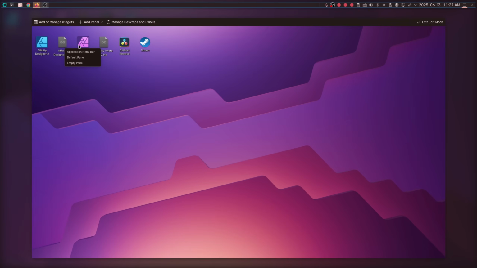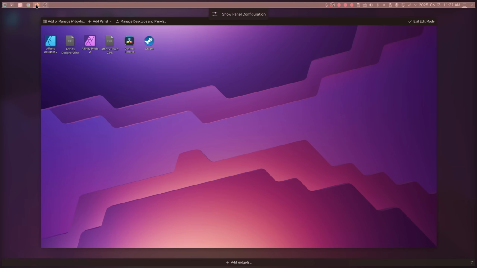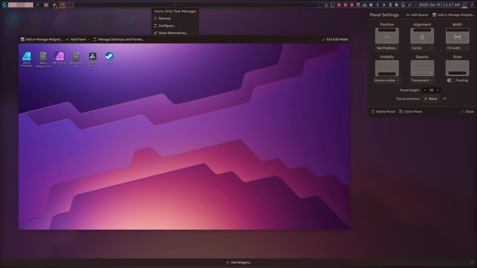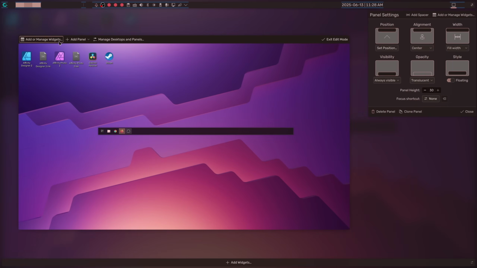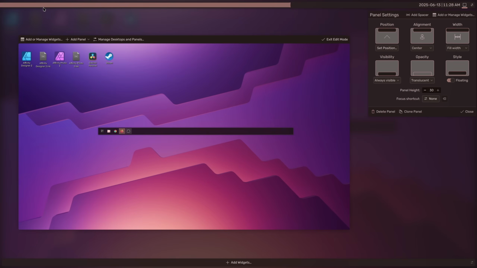We're going to be adding an empty panel down bottom, okay? And then we're going to be taking this guy, I'm going to put it right there. We're going to kill this dude. Then we're going to add a spacer, just like that. Okay, and I want to take the digital clock, and I'm just testing this out because it means that I can move the clock where I want it to go,